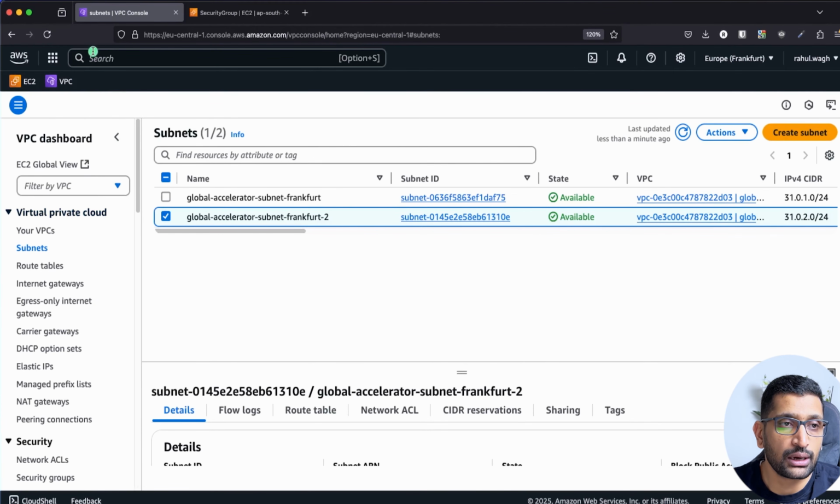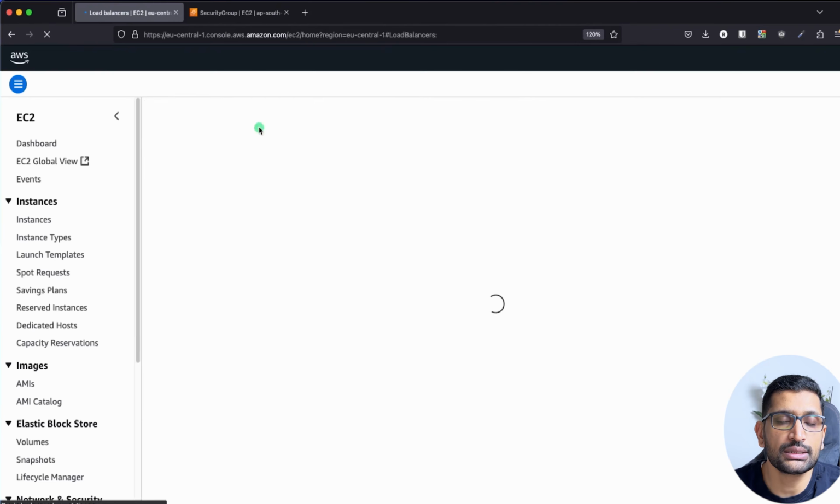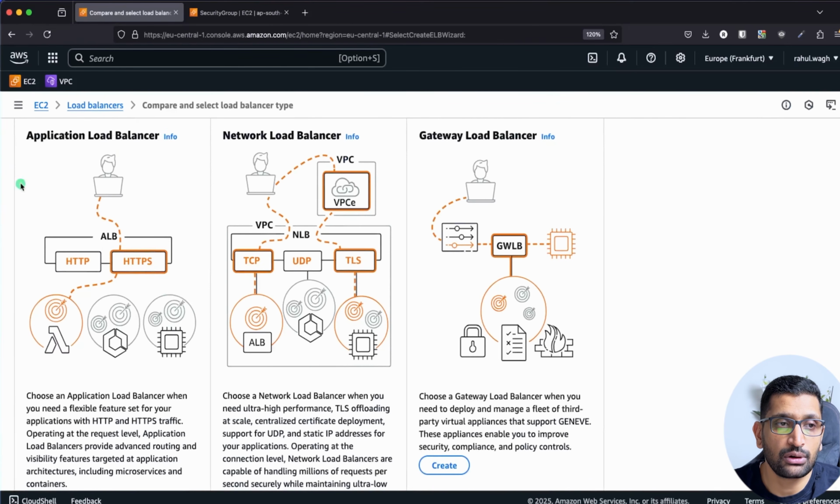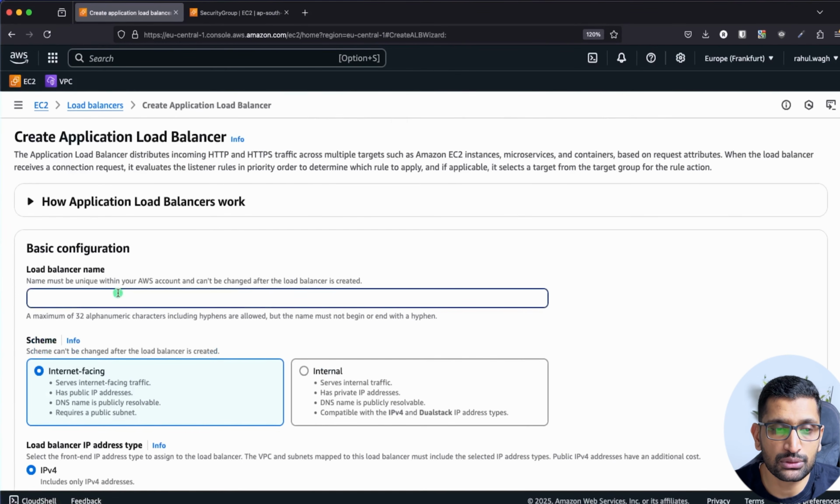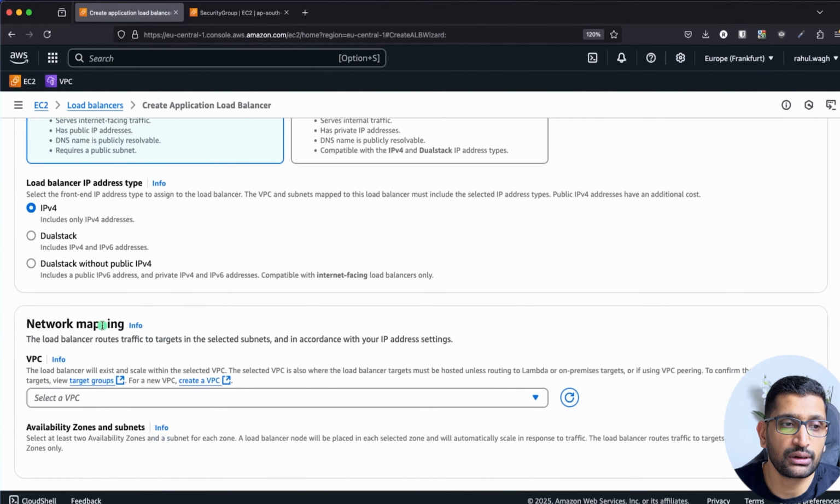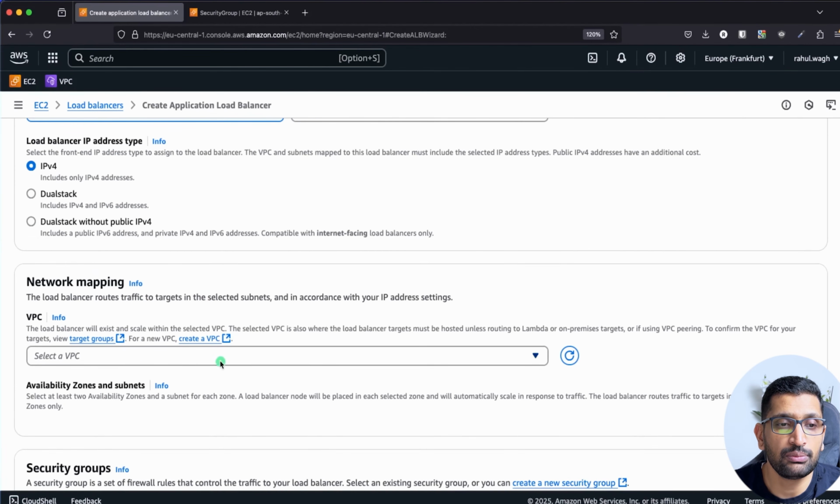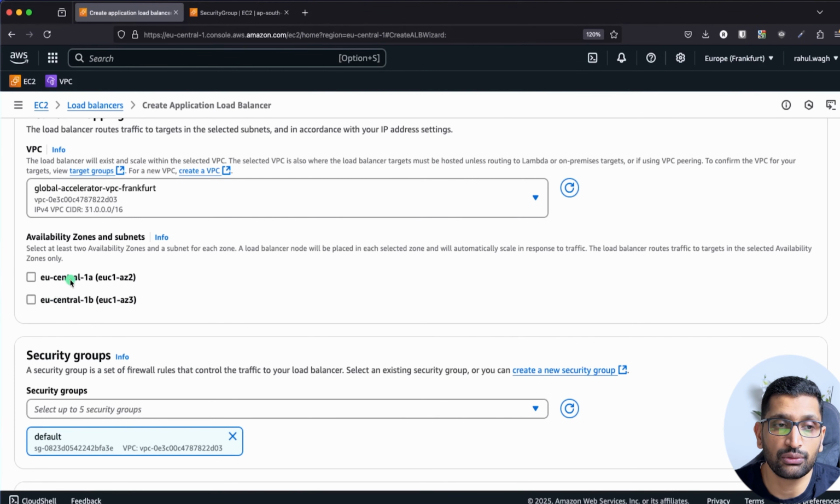So again, let's go back to the load balancer now. Click on the load balancer. Click on create load balancer because that's where we stopped. So select the application load balancer, click on create, put the name. Here I will put Global Accelerator LB Frankfurt. LB is just an abbreviation, and then I choose Frankfurt. Internet facing, yes, I want internet facing. IPv4. VPC, I will select the Frankfurt VPC, and here now you can see the availability zones 1A and 1B,